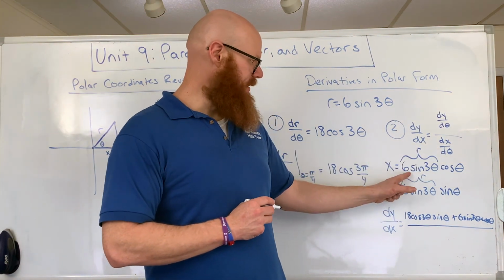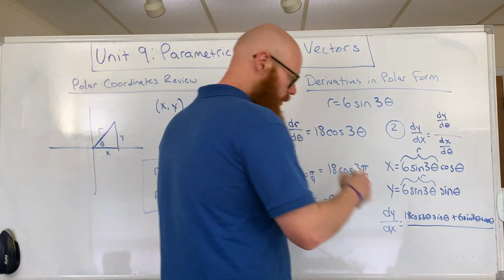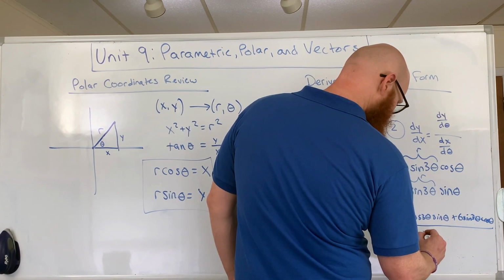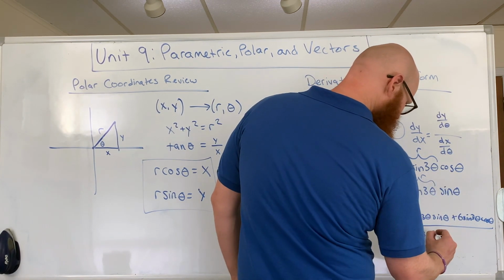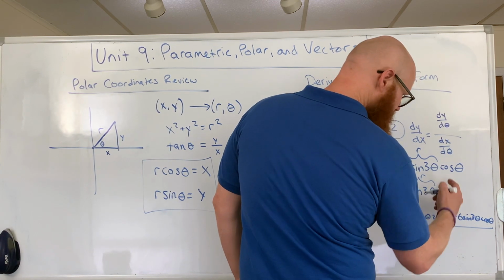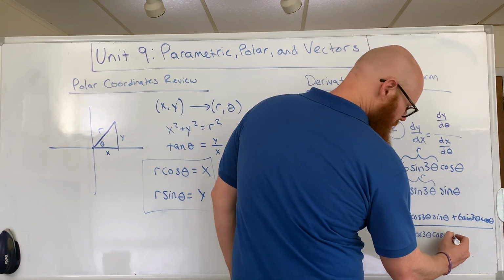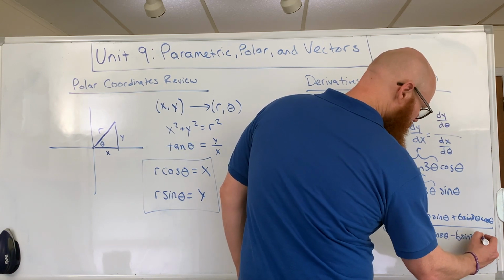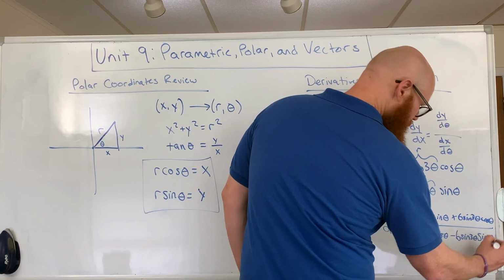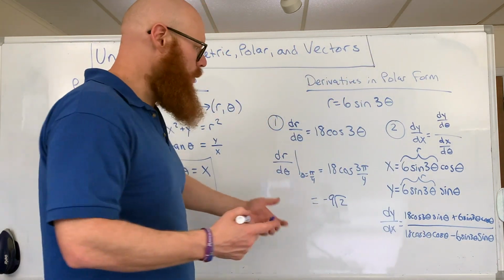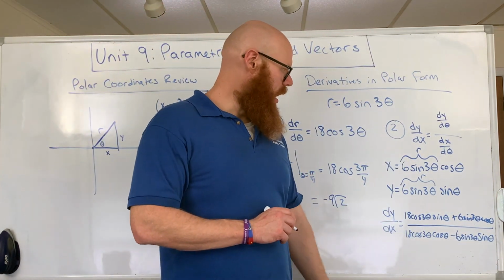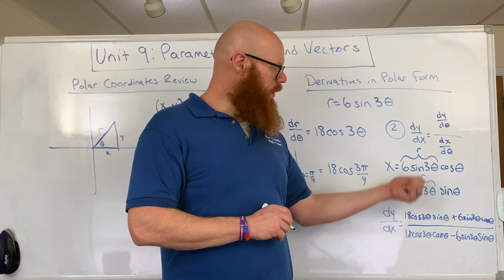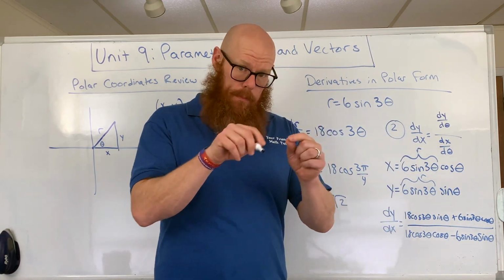On the bottom, I need dx d theta. I'm going to do a similar thing. The derivative of 6 sine 3 theta we see is 18 cosine 3 theta times, this time, cosine theta. This time it's going to be minus because the derivative of cosine is negative sine. So it'll be negative 6 sine 3 theta sine theta. We could evaluate that at any theta, and that specific value would simply be the slope of the tangent